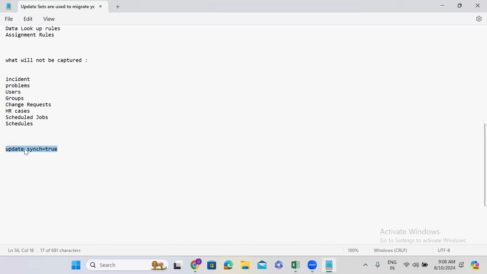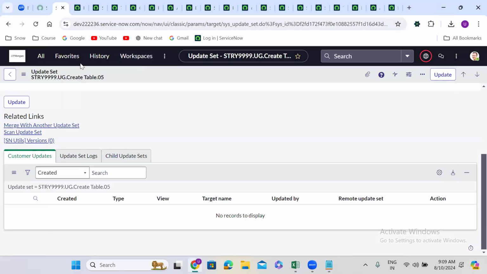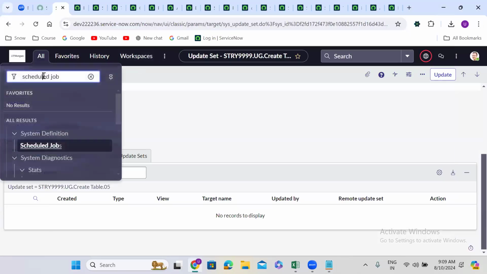If a table has this particular attribute, then only that table's data will be captured in the update set. If the table does not have this attribute, the table data won't be captured in the update set. If you go to ServiceNow,